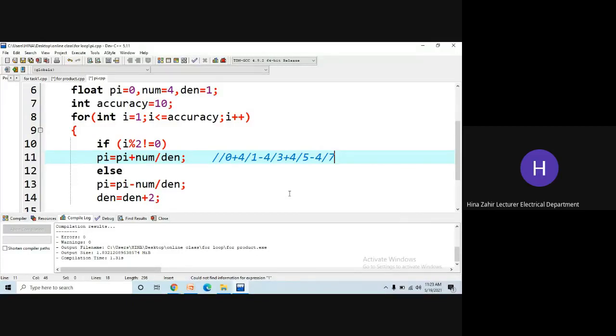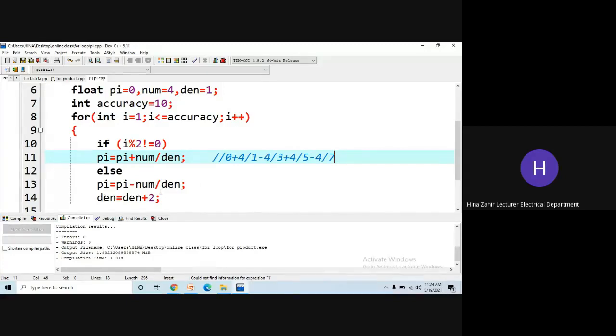ये जो हमारा लूप का वेरिएबल है इंटीजर आई, ये हमें मदद देगा प्लस और माइनस अल्टरनेटिंग साइन के लिए. हमें पता है कि ऑड इंटीजर्स जो होते हैं उनका मॉडुलस 2 0 के बराबर नहीं होता, और इवन इंटीजर्स का जो मॉडुलस 2 है वो 0 के बराबर होता है। तो जब भी आई की वैल्यू ऑड होगी तो ऊपर वाली कंडीशन ट्रू होगी। वाई? बिकॉज इट सेज इफ आई मॉडुलस 2 इज नॉट इक्वल टू 0। तो ये ऑड इंटीजर्स के लिए है। और जब भी आई की वैल्यू इवन होगी तो ये वाली कंडीशन रन होगी।